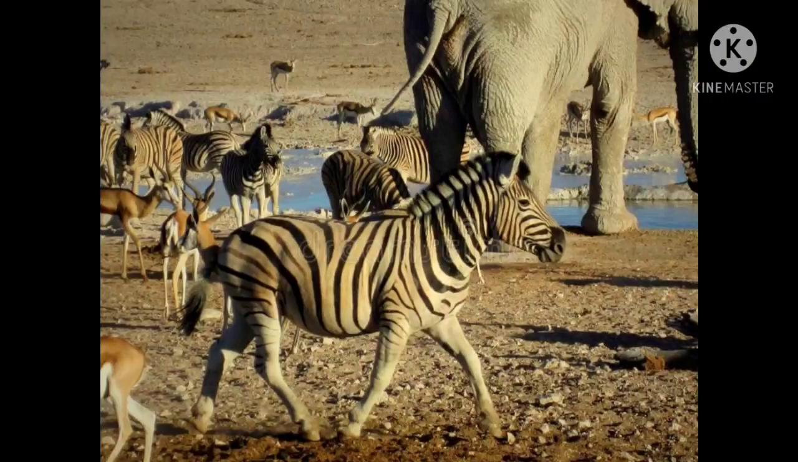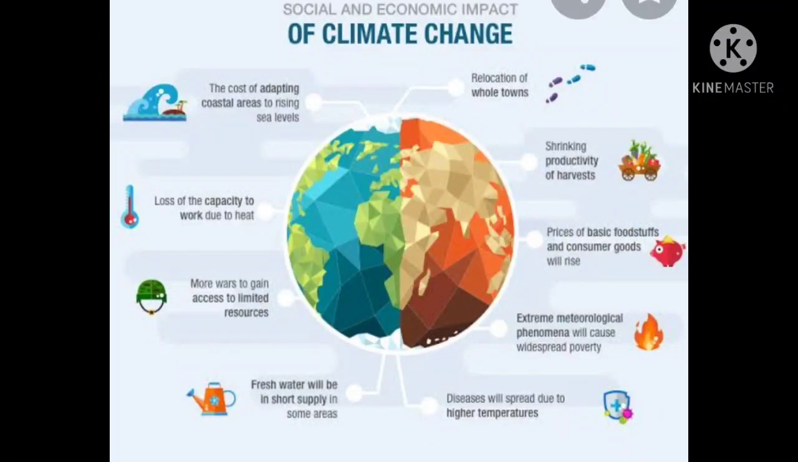Now we'll see the impact of global warming on economic activities. There is a far-reaching effect on economic activities like tourism and traditional international trade. This is due to increasing uncertainty of environmental factors, which may lead to epidemics as well. You can see the price of food production will rise. The supply of fresh water will also reduce, and apart from that, there is loss of the capacity to work due to heat. These are some of the impacts of